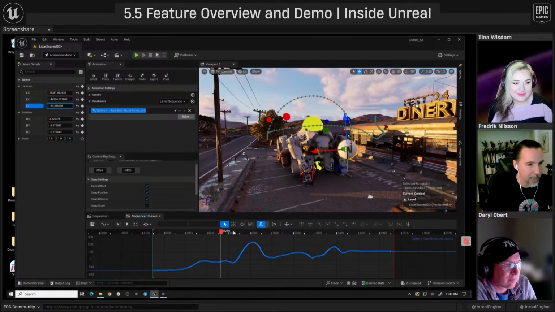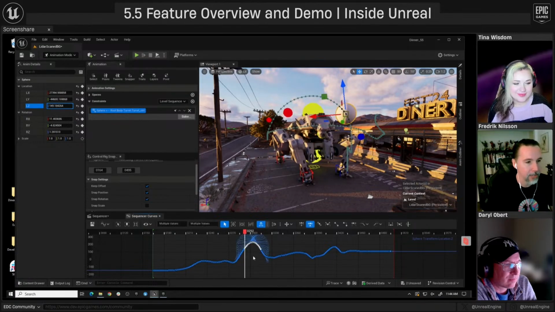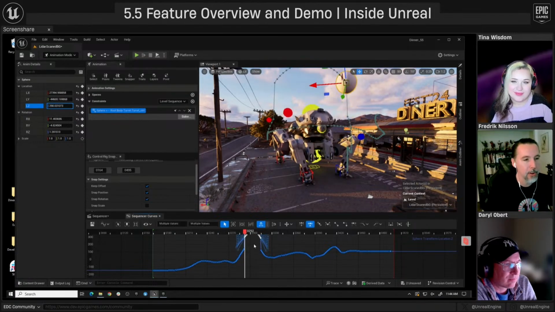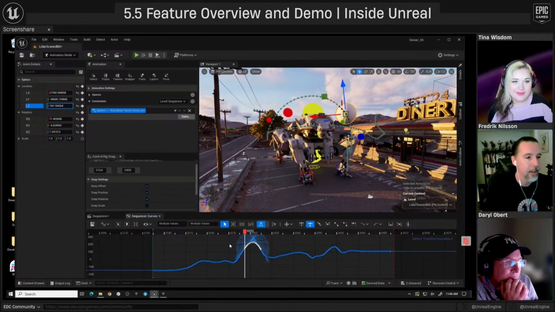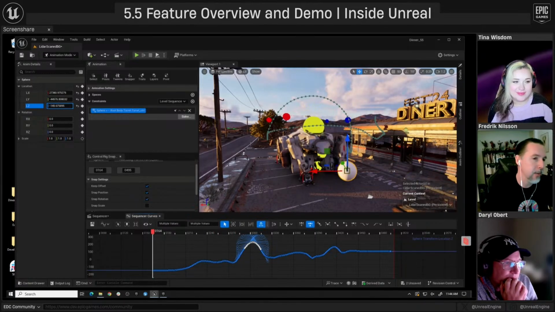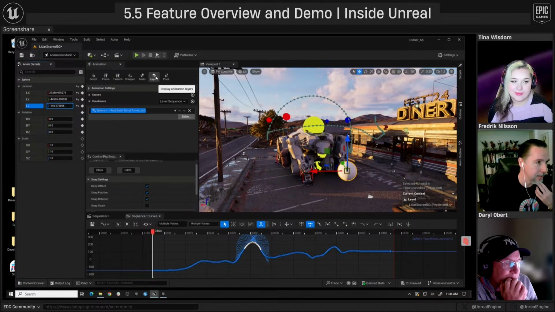So if I look here, this is like the up and down of the sphere. If I move these keyframes, you'll see it would move all those keyframes up in space, which would move the aim, right? So I've converted the motion to a look at. I could clean this up like this if I want to, but I could also use our new animation layers, which I want to show. So we have proper animation layers now in 5.5.